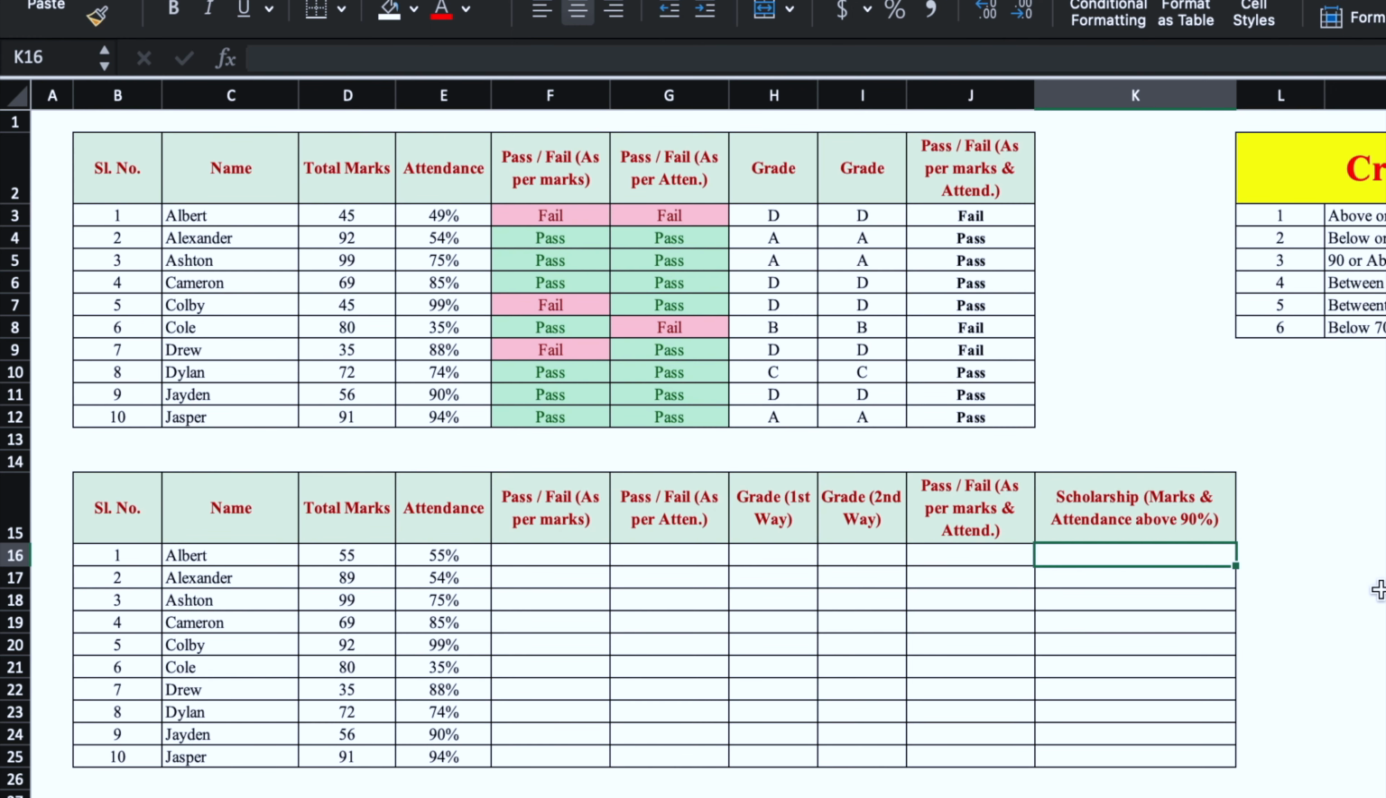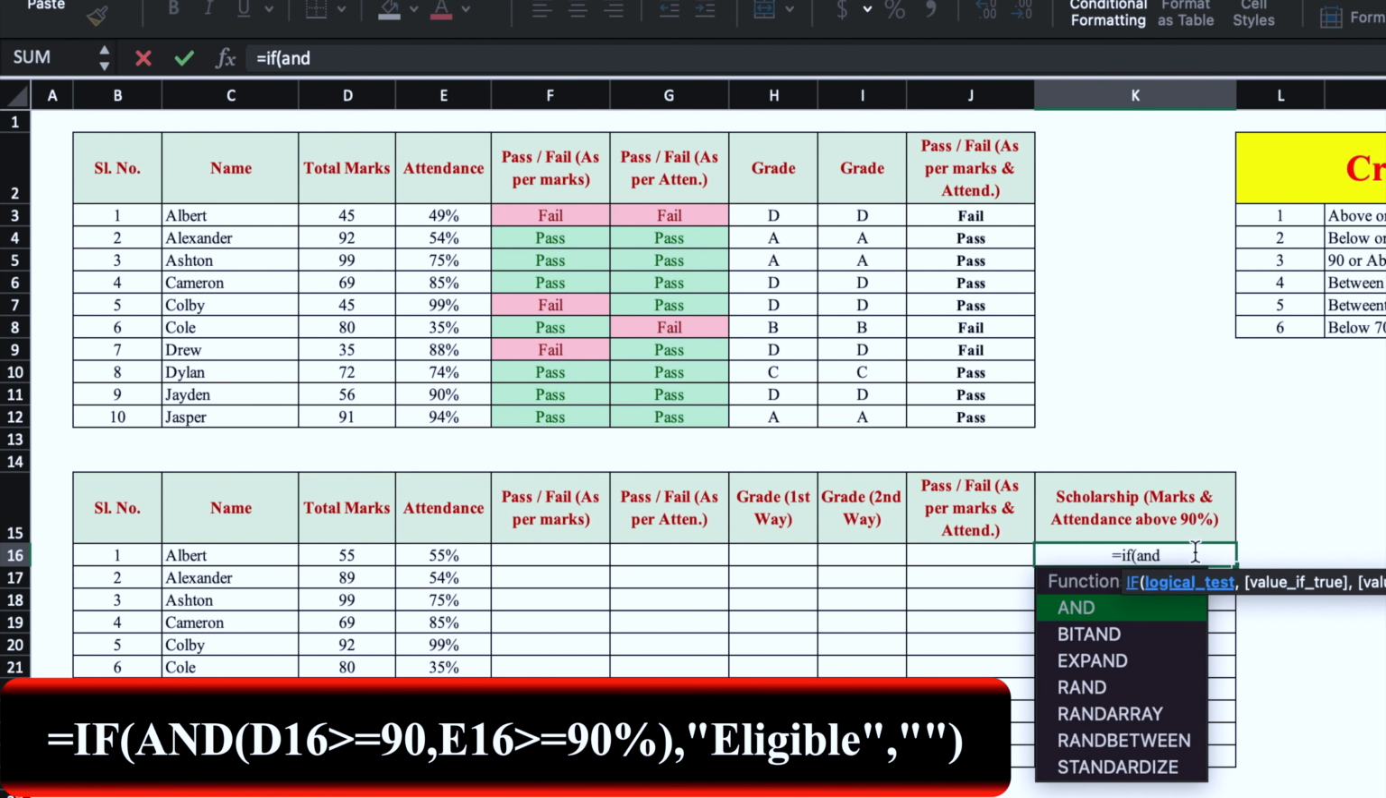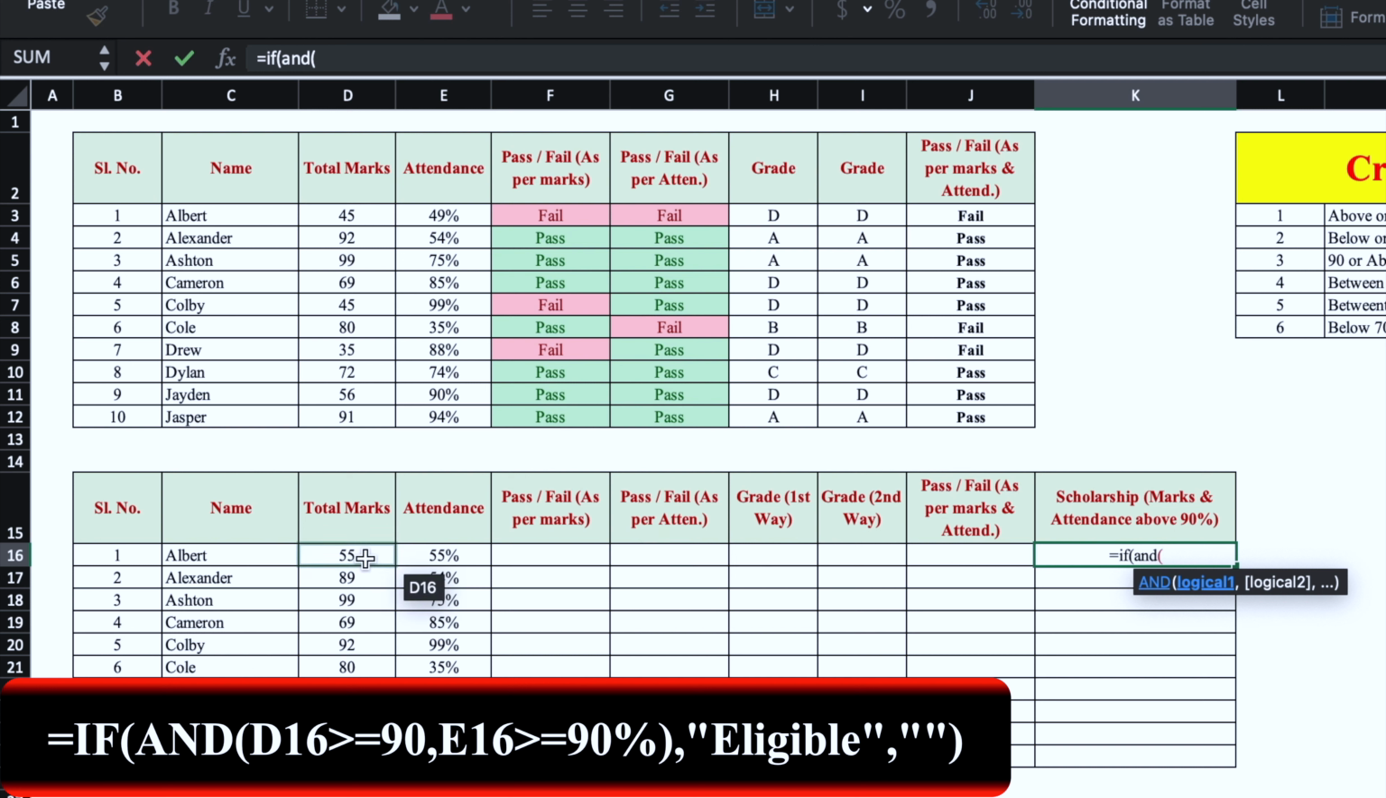We will see one more example of IF: scholarship, marks and attendance above 90%. So the criteria for scholarship is that the marks and attendance should be above 90%. Over here also we are going to use two criterias. So the formula will be equal to IF, bracket open, AND, bracket open, logical test, marks is